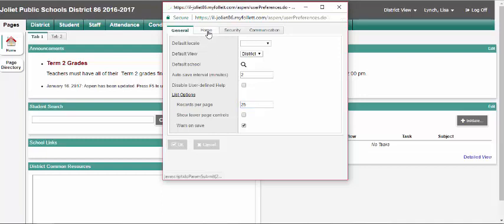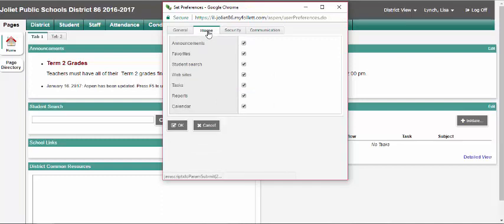The other thing that you might want to change or need to change in Aspen is under the Home tab. The check marks here are all the various widgets that Aspen offers under the Pages tab. These widgets are usually shortcuts to different activities and tasks that you might need to do. And the one that is usually turned off for most users on the initial login is the Tasks one. You will need to have this enabled to initiate a task workflow, which is how we would submit a student